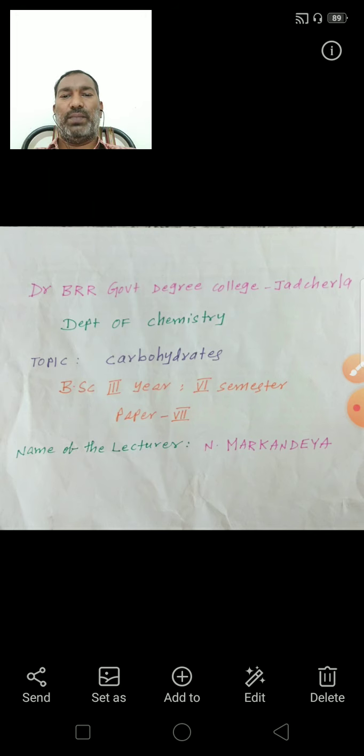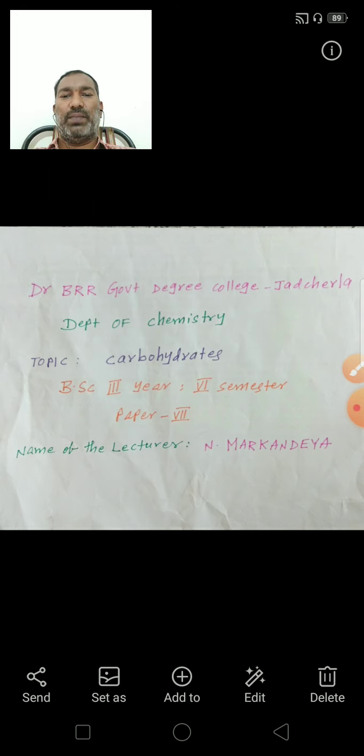The second one is acetylation. Glucose on reaction with acetic anhydride forms a pentaacetyl derivative. This reaction indicates the presence of 5 OH groups. Since it exists as a stable compound, the 5 OH groups should be attached to different carbon atoms. Third, reduction to n-hexane: glucose reacts with HI and red phosphorus to give n-hexane.